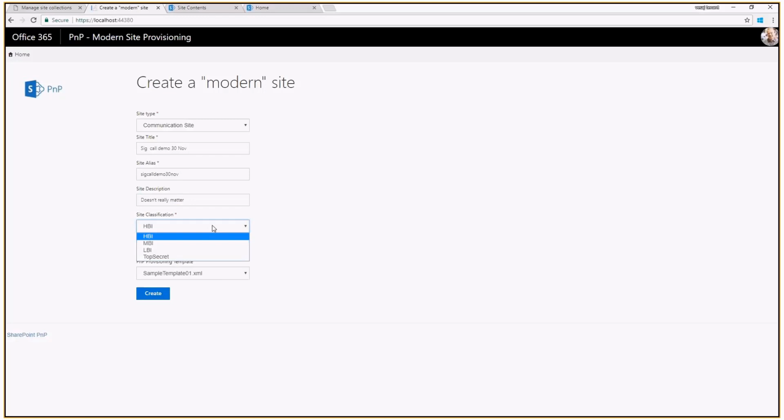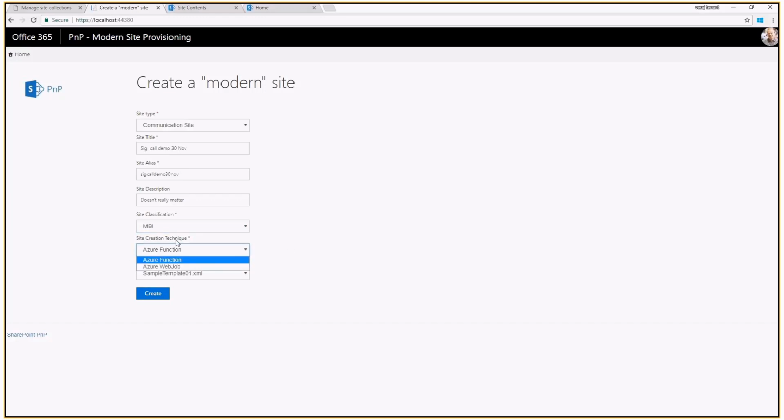Site classification is something which we right now have here. Most likely we'll actually drop this away from the final demo. Even though this is kind of cool, it goes to the Azure AD and checks what's the official site classifications, which would be shown in the out-of-the-box UIs as well. But I think this adds unnecessary complexity on the reference solution.